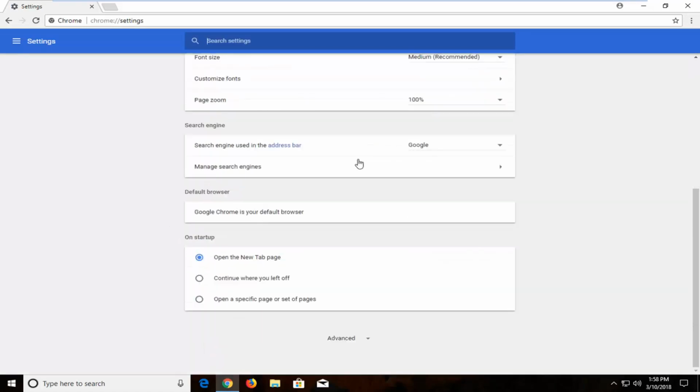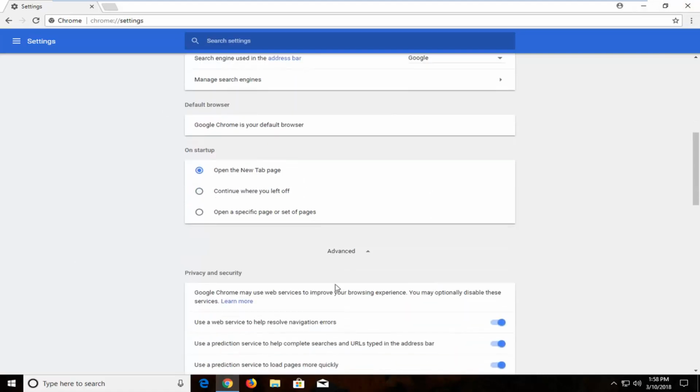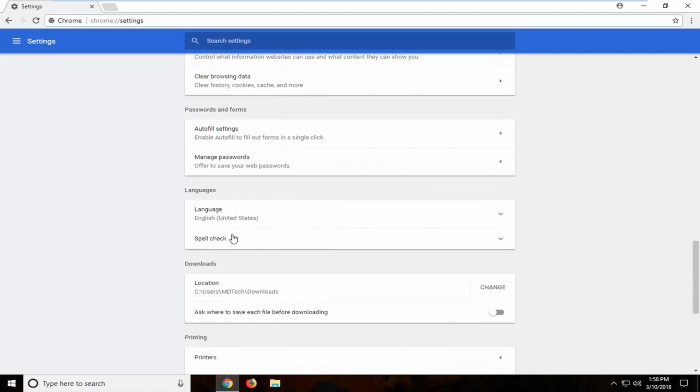Now you want to scroll all the way to the bottom of the screen, and then you want to select the button that says advanced in my case, but there should be a little arrow next to it. So again, it's the last thing on the settings page that you get sent to when you click on settings. So just left click on advanced, scroll down, and then you want to go underneath languages, and there should be